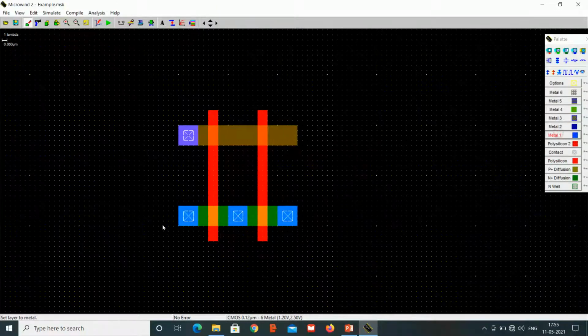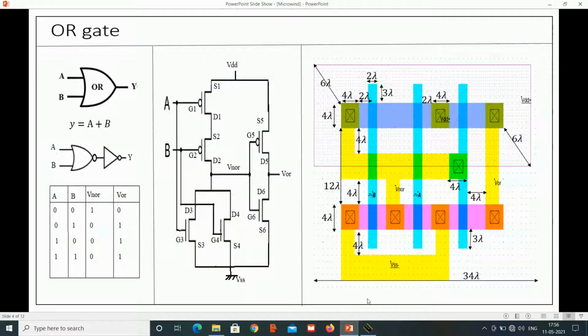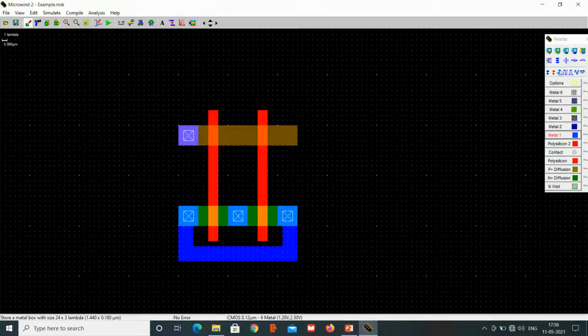So let us take a metal, and from here it should be a 3 distance and covering an area of 4. Now let us connect these two. Let us connect ground to this metal. So select a ground and connect it here.